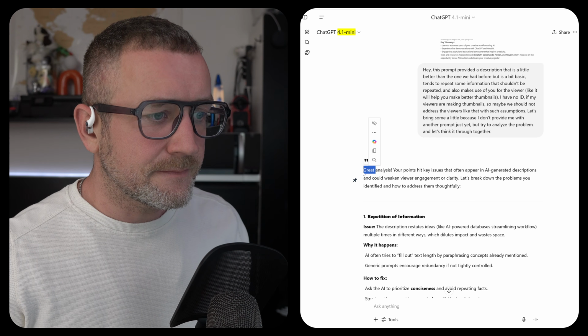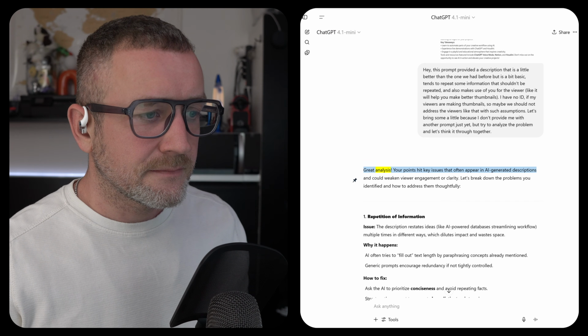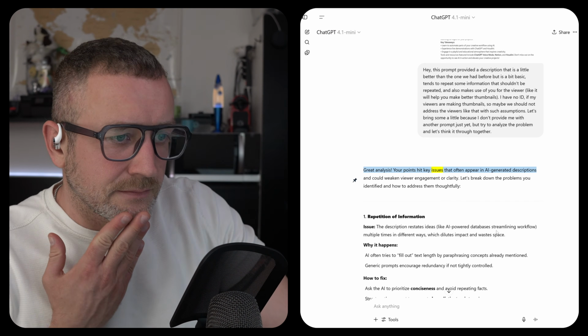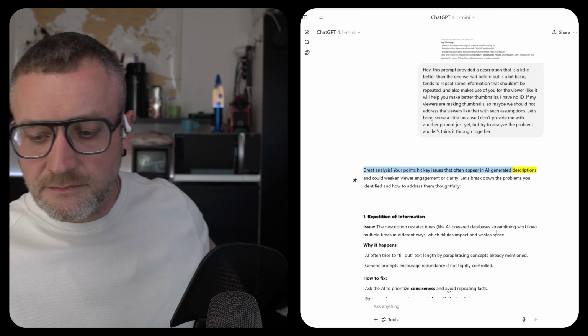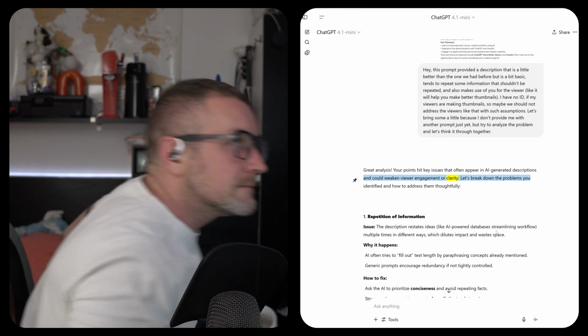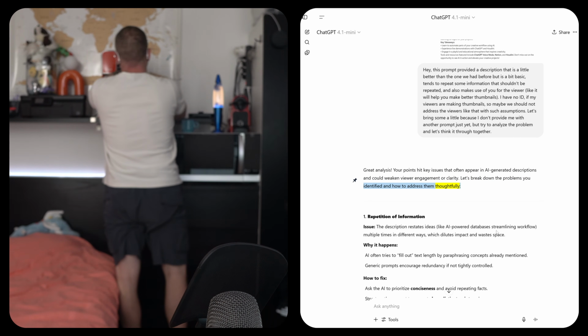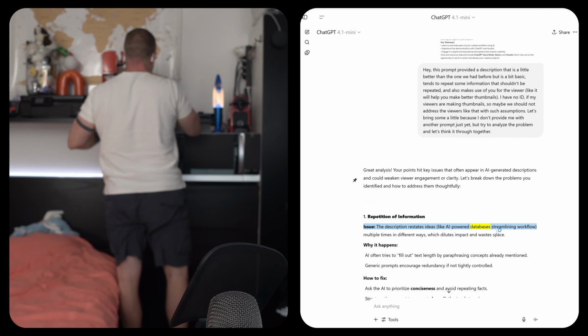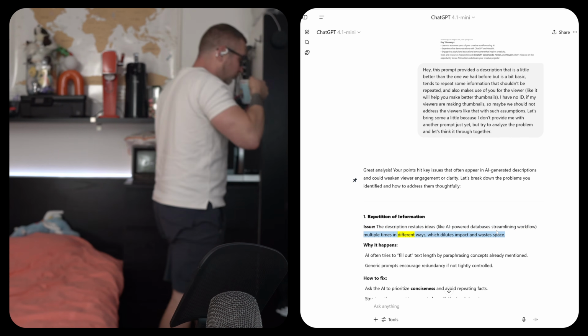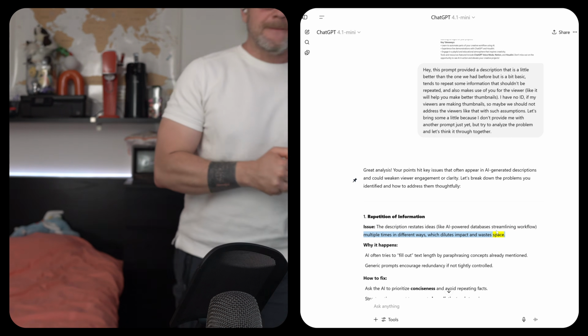Great analysis. Your points hit key issues that often appear in AI-generated descriptions and could weaken viewer engagement or clarity. Let's break down the problems you identified and how to address them thoughtfully. 1. Repetition of information. Issue: the description restates ideas, like AI-powered databases streamlining workflow, multiple times in different ways, which dilutes impact and wastes space.